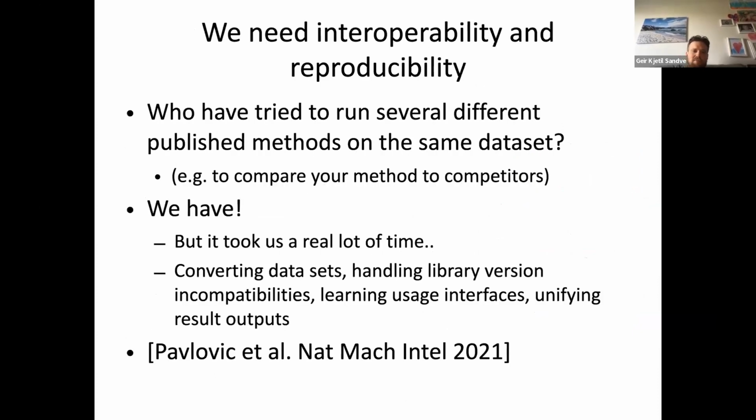And I just want to make the point finally, not to moralize, but also to myself. I think a lot of you here have probably tried to run several different published methods on the same data set. For instance, if you have a method you want to compare against your competitors, or you want to try out different methods